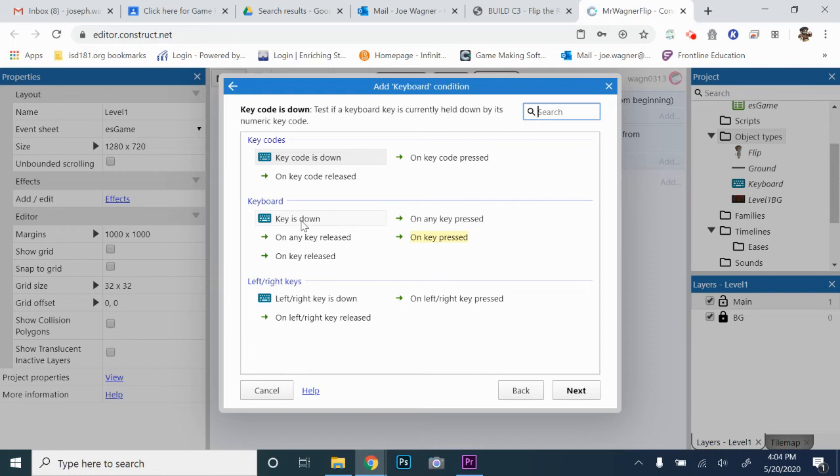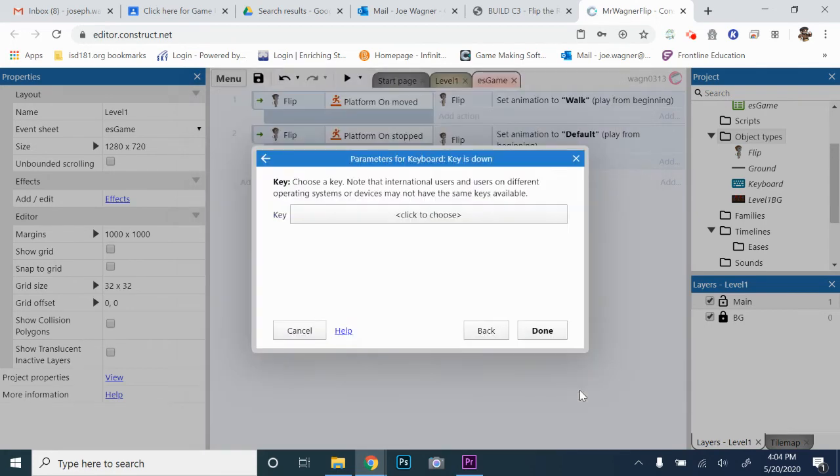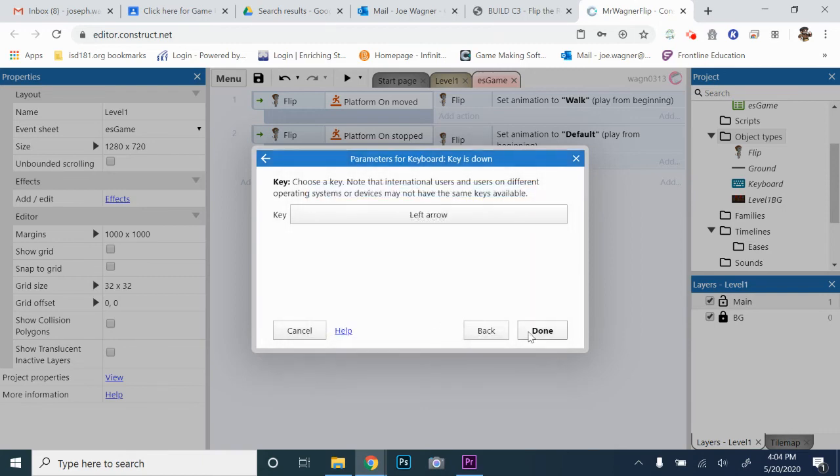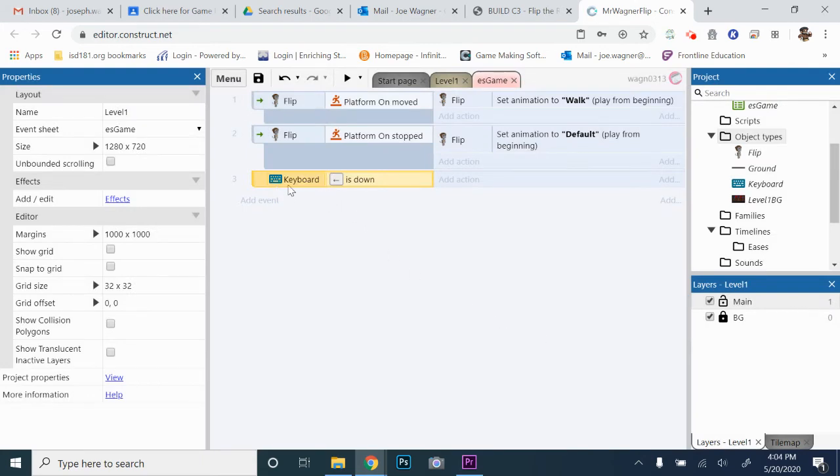So basically we want him to mirror left anytime we are holding the left arrow, because that means we're walking to the left. So we're going to say key is down, and then we're going to click and choose which key we want, and we're going to do left arrow. To do that, I literally just pressed the left arrow on my keyboard, and then I clicked OK, and then done. So now this says anytime the left arrow is down,